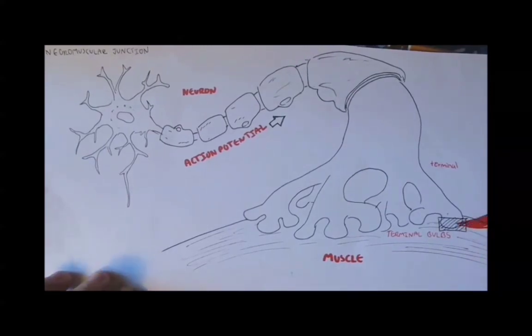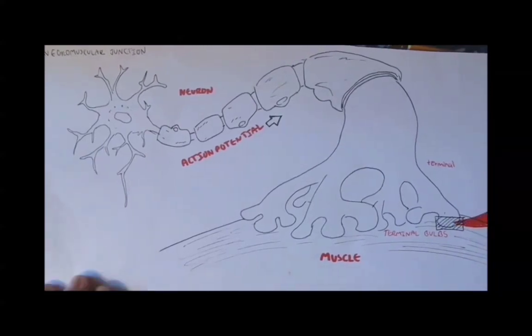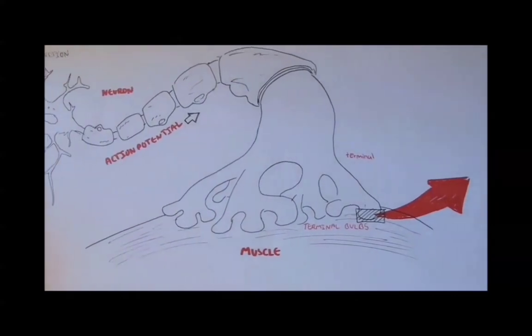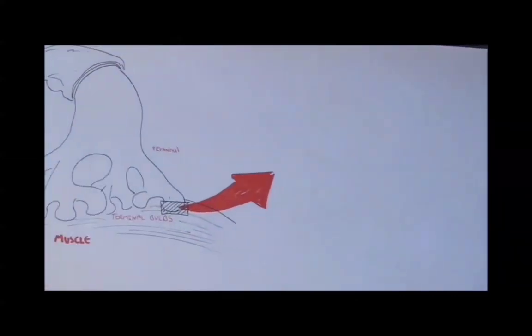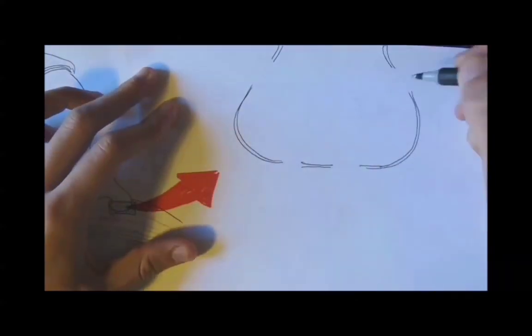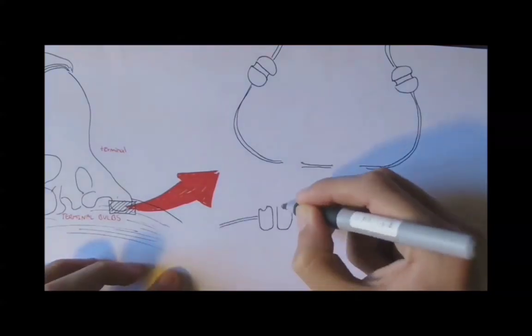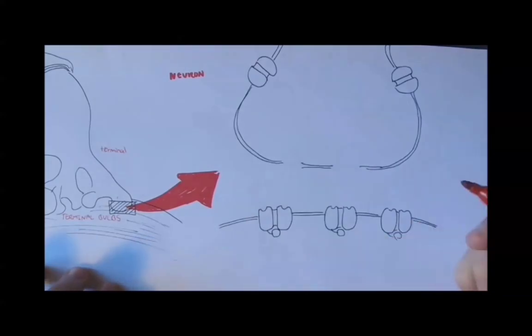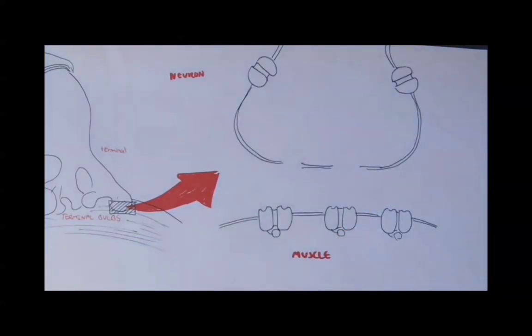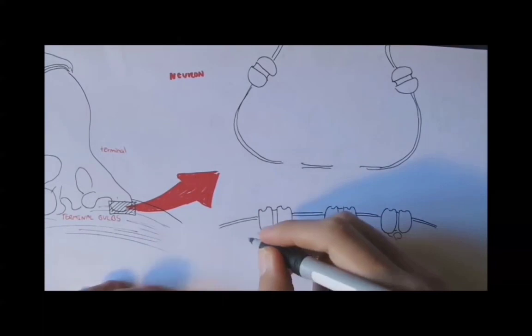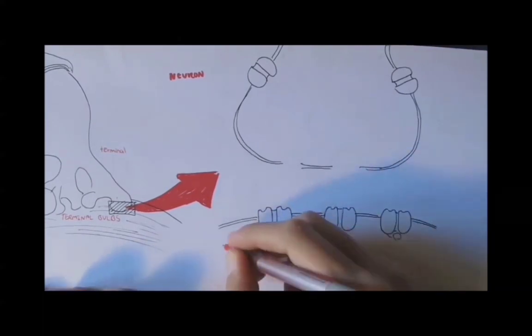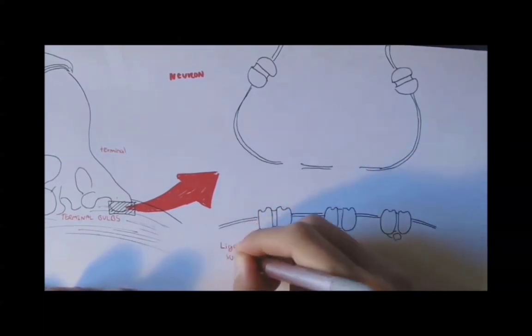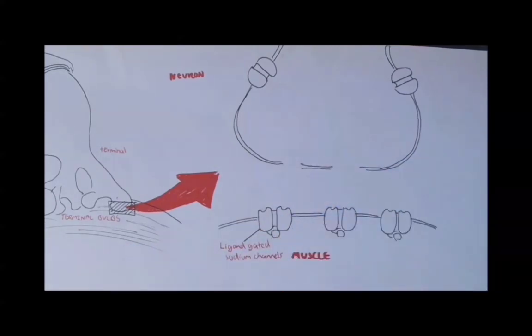Let us zoom into these bulbs to look at how a neuromuscular junction operates. So here we have an end bulb. This is the simplified diagram, and on the other side we have muscle, and these two are separated by a very small gap. These channels here on the muscle are called ligand sodium gated channels, and as its name suggests, it's for sodium ions, and on the neuron we have calcium voltage gated channels.